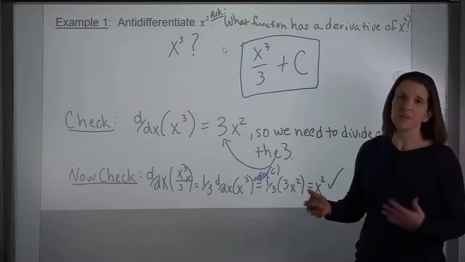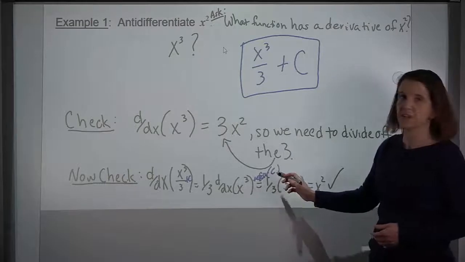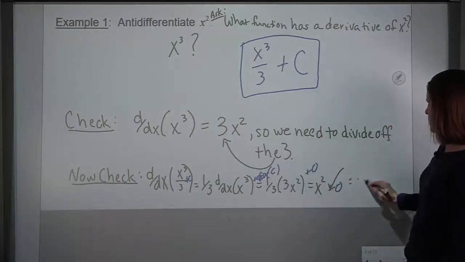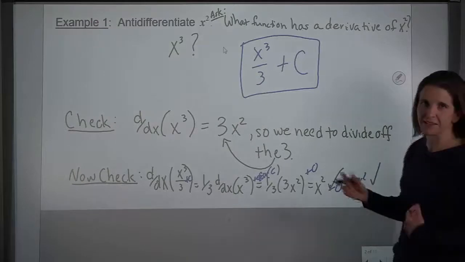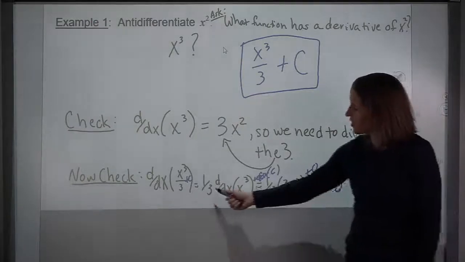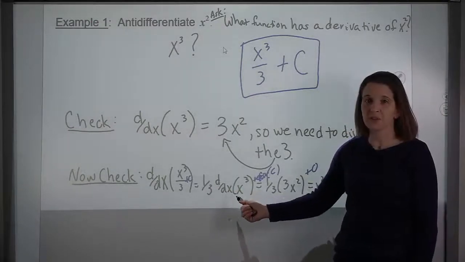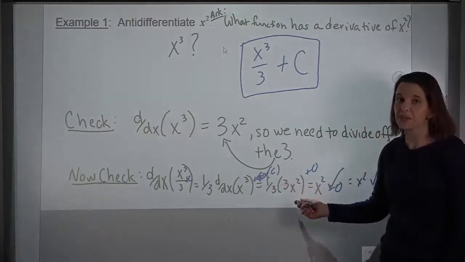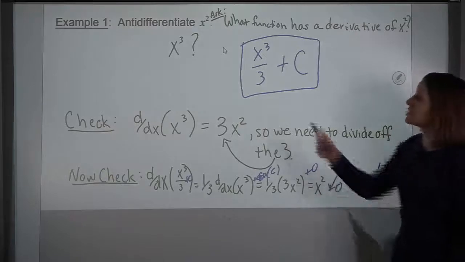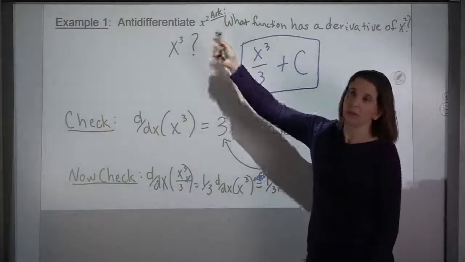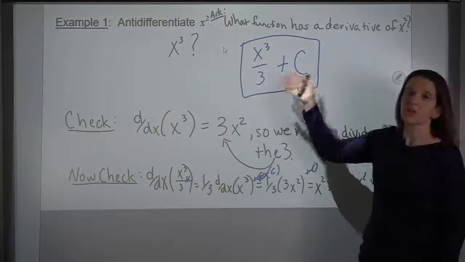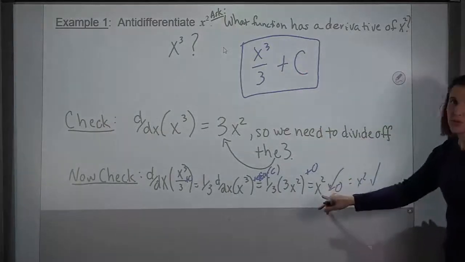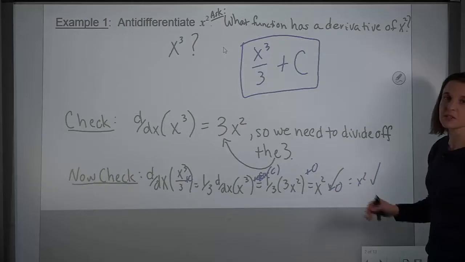So if we're putting that c back in there, I'll add another plus the derivative of c. And you'll see it's still okay. All right, so I've got 1/3 times the derivative of x cubed. The derivative of x cubed is 3x squared. The 1/3 and the 3 will cancel each other, and we really will get that x squared that we talked about. And again, even if we checked our full answer with the plus c, the derivative of that term would be 0. So even if you thought of it as x squared plus 0, which is x squared,